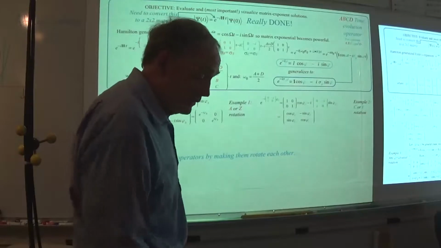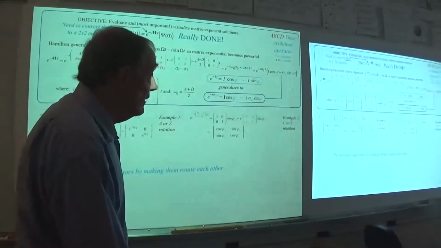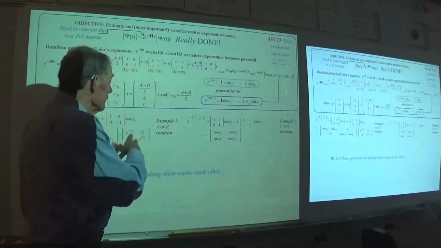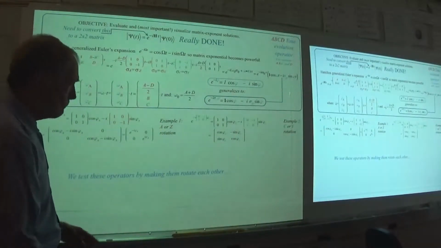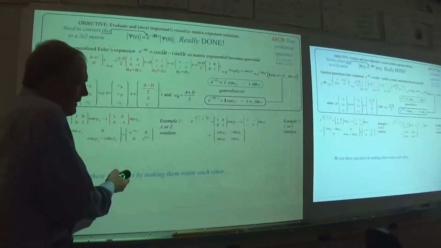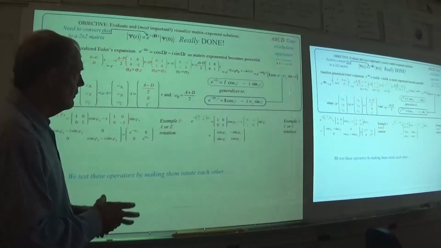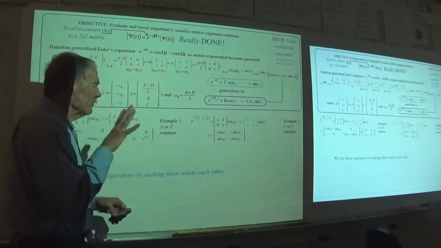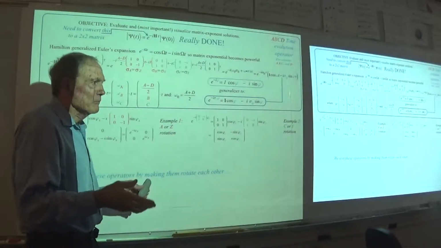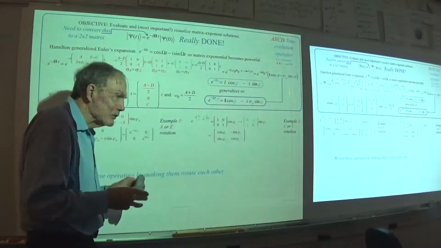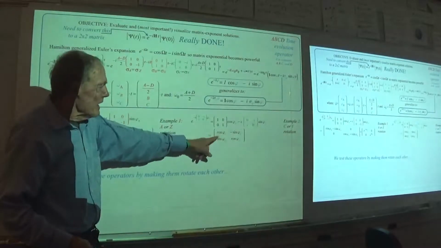Now, one of the things that you always do when you get new operators, and I'm sure Hamilton probably did this first, is you make them rotate each other. This thing is going to be doing rotations, like that one's very obviously a rotation in the two-dimensional space, which is going to be in three dimensions. We've got to somehow get the real vector space, the real world, the world that we think we live in, which is three-dimensional real, married up, or at least talking to, without swearing, the complex two-dimensional world of that matrix,